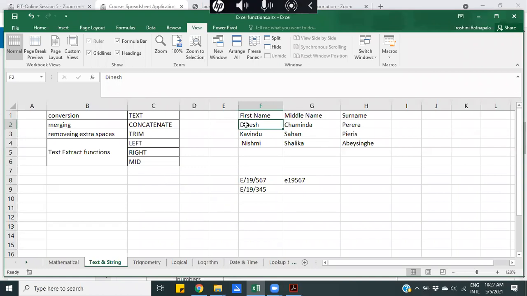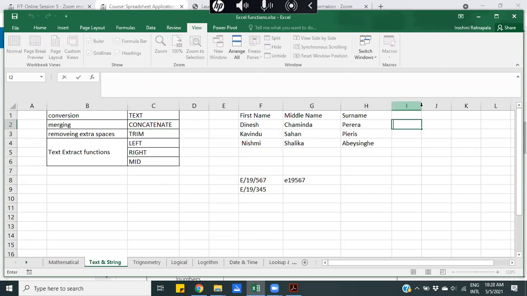You know that concatenate is a similar word for combining, so you can combine the words using the concatenate operation. The concatenate function is in Excel.